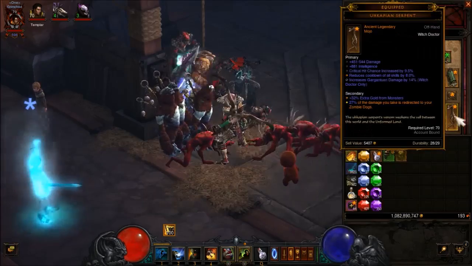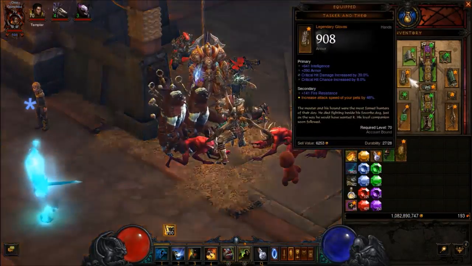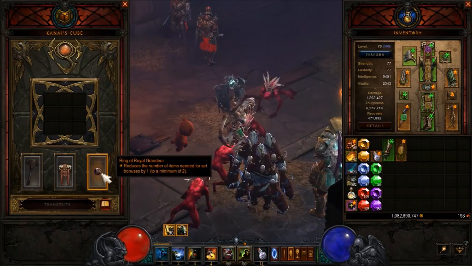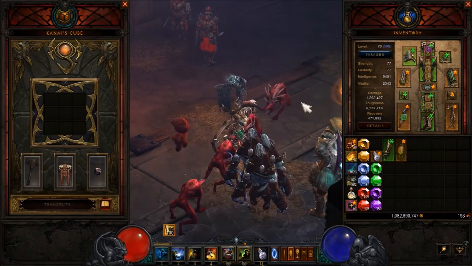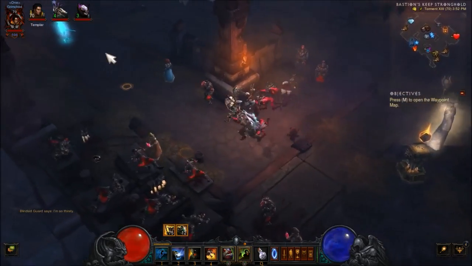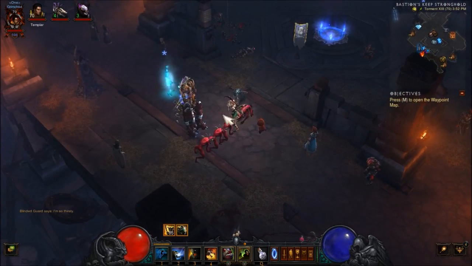Don't really have much Ancient, just the Mojo and my Mask. Using Tasker and Theo, and then we've got the Mask of Jerom and the Cube, along with the Furnace and the Ring of Royal Grandeur. I was using a variant of the build that used Ring of Emptiness, but I didn't realize that they nerfed the Ring of Emptiness to where it doesn't affect pets, so I just went back to